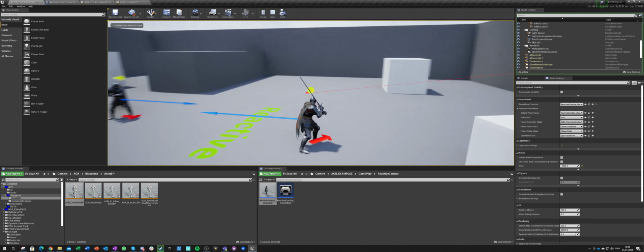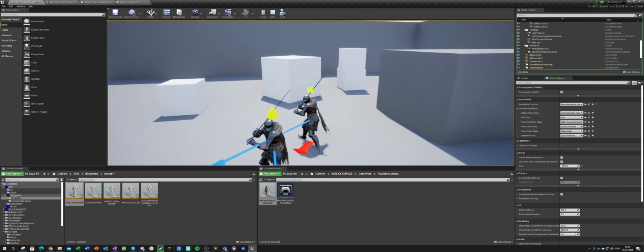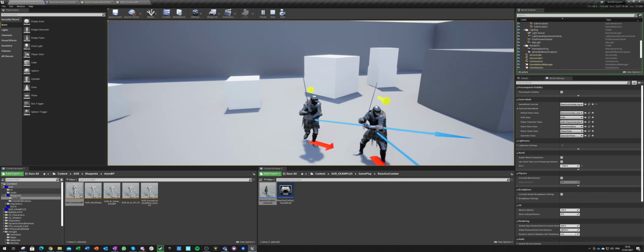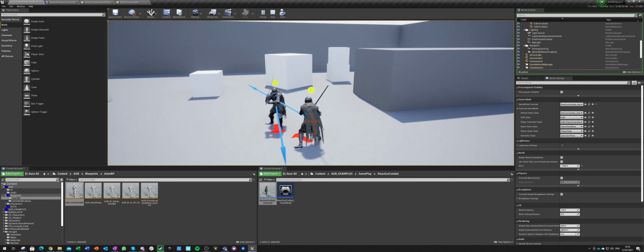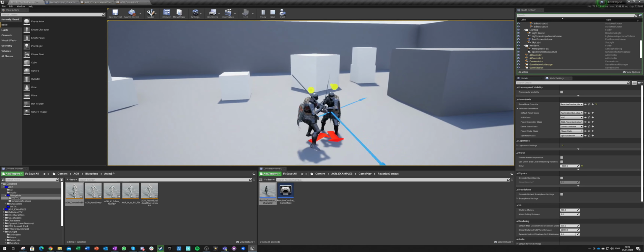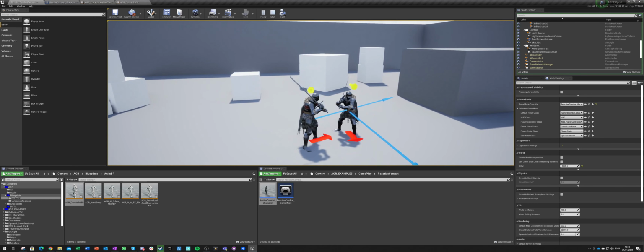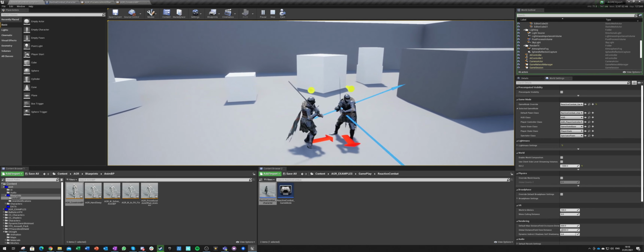So now if I turn, my character turns with his aim offset, but as soon as I acquire a target, I will look at him and aim at him, and I will continue to turn my character rotation, so the red arrow at my bottom towards him, and my control rotation, and I will look at him. If I even jump, I will look down at him. And yeah, this is how it looks.